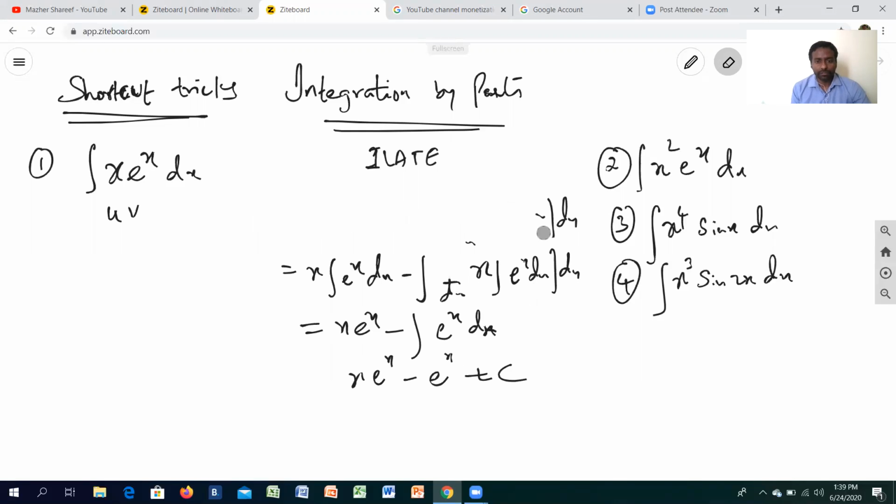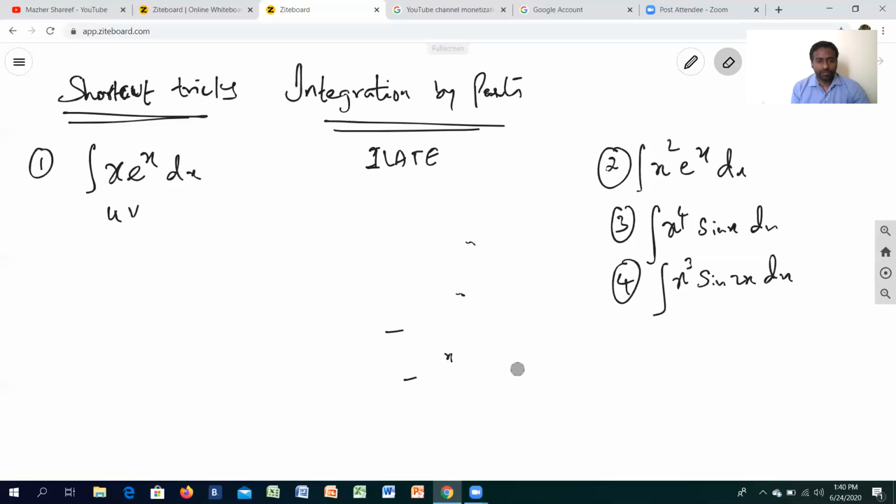So this is how you'll do it, with maybe two or three steps, but now we'll learn how to avoid this for MCQ questions or competitive questions. You can do it very easily by using the differentiation and integration technique. Among the two functions given to you in integration by parts, you take the u function and differentiate it, and the other function you integrate.